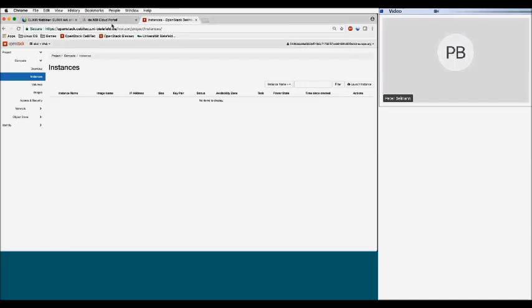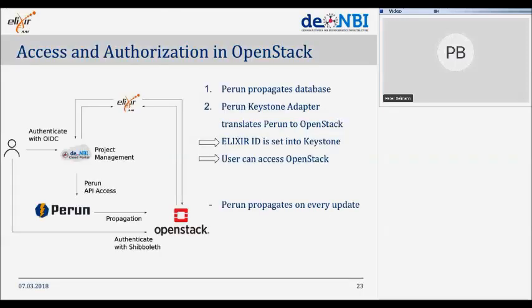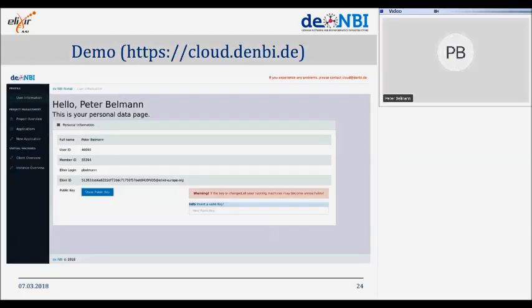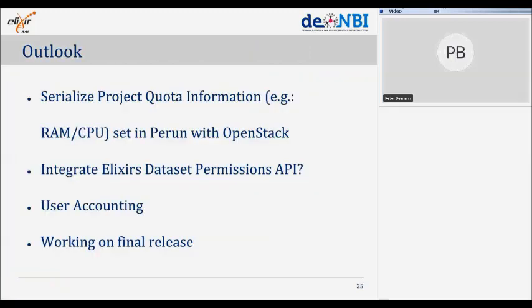Well, that's actually what I wanted to show you. So that was my demo. This is still in beta, and we of course have our first projects, but we know that there's still a lot of work to do.